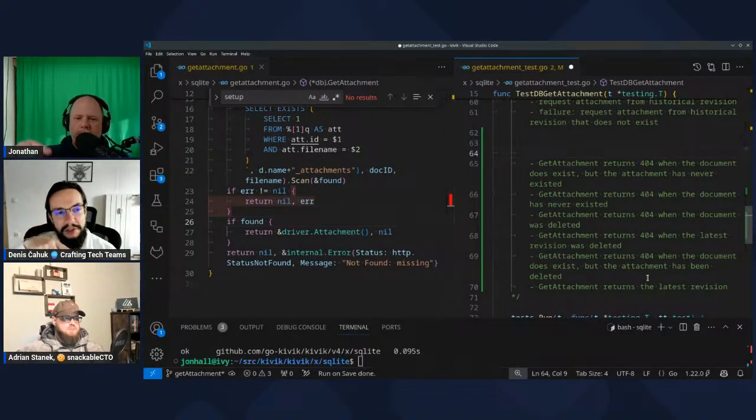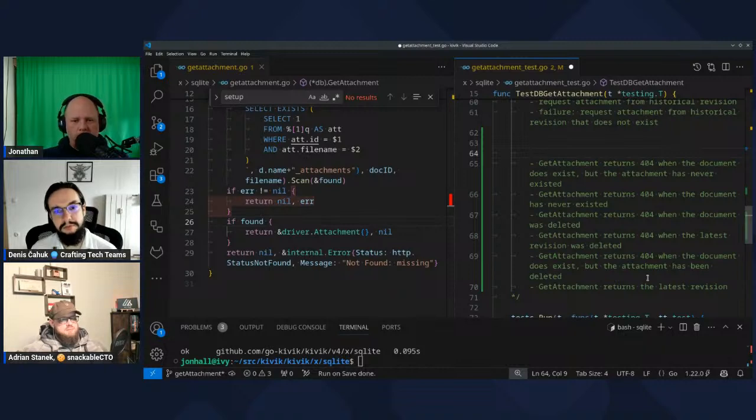Is the revision document specific or attachment specific? Document specific. So the attachment might exist on revision 4, but not on revision 5. And if I didn't specify revision, then I'm checking revision 5. If you don't specify the revision, you always look for the latest one, which in that case is going to be the most recent version of the attachment or 404.